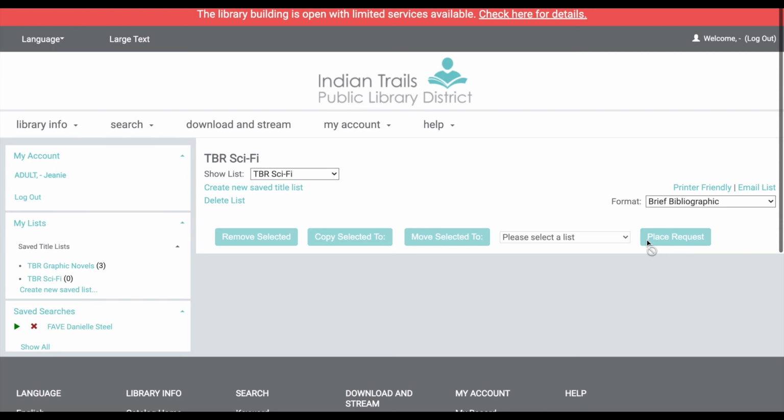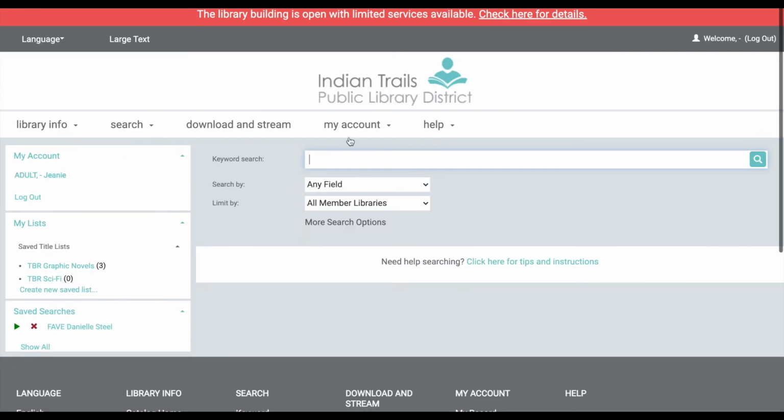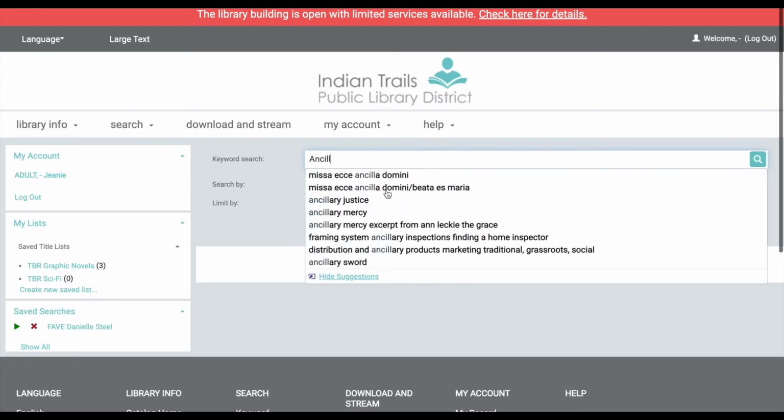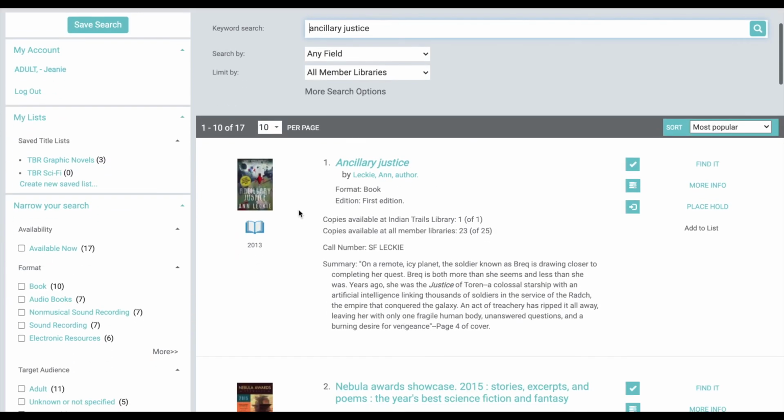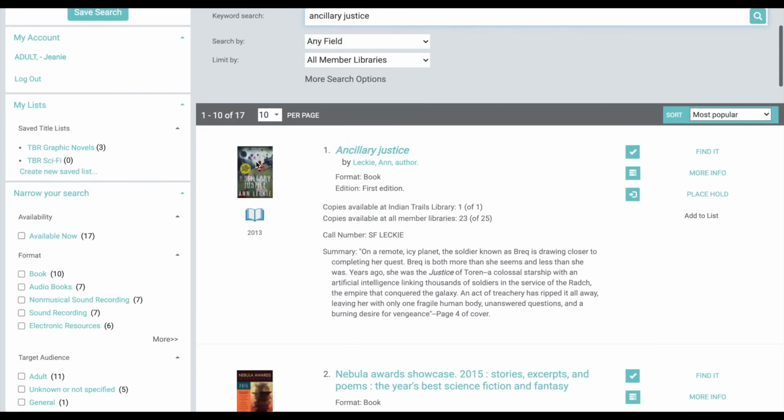And if I go ahead and click on there, I can see that the list is created but not populated. So now I can go to search, and let's do a keyword search. One of my favorite books is Ancillary Justice. It's a trilogy by Ann Leckie, and I maybe want to put it on my list for a reread. I can see when I do the search that on the right-hand side here,